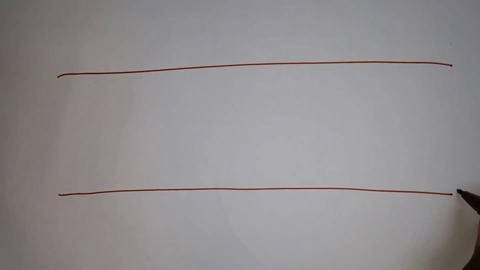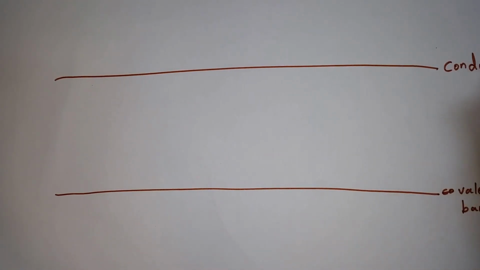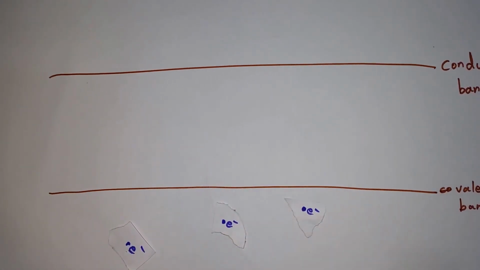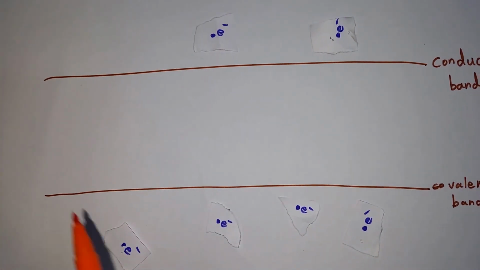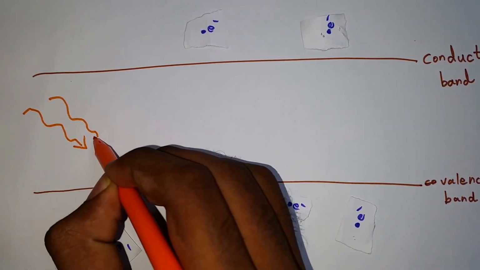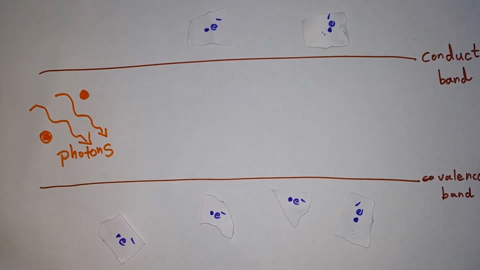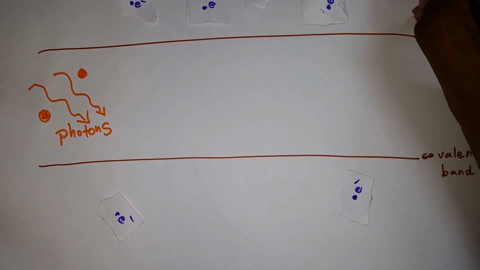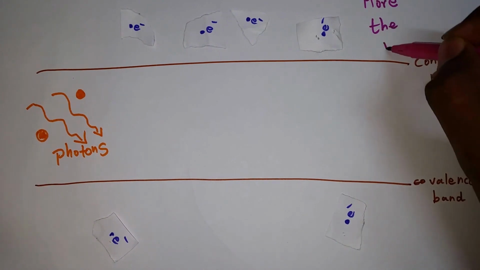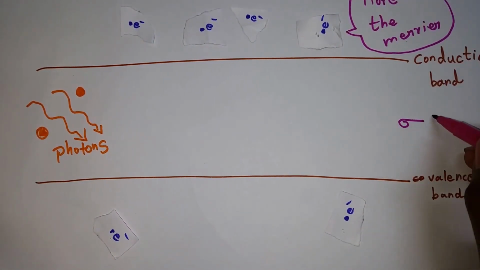Let's see how the LDR works first. It is basically a semiconductor with a valence band and a conduction band. There will be a lot of electrons in the valence band and some intrinsically excited electrons in the conduction band. When light falls on the LDR, the incoming photons part their energy with the electrons in the valence band, and as a result, some electrons get excited to the conduction band. Because of this, the carrier concentration in the conduction band increases and therefore the conductivity of the material increases.